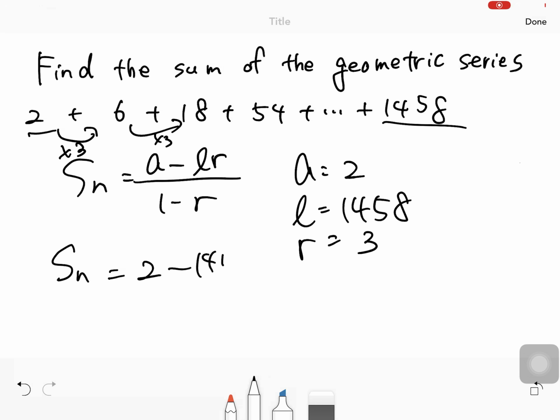So Sn equals 2 minus 1458 times 3, over 1 minus 3, which is negative 2. If you calculate it, you will get the answer. If you have a question, feel free to